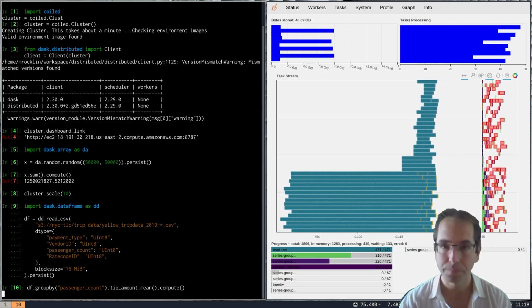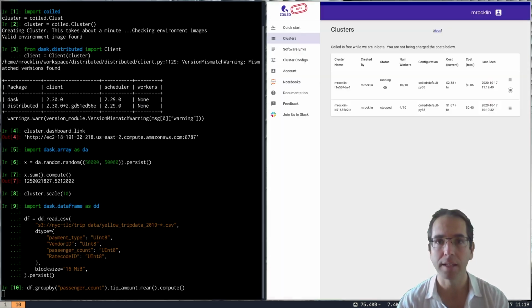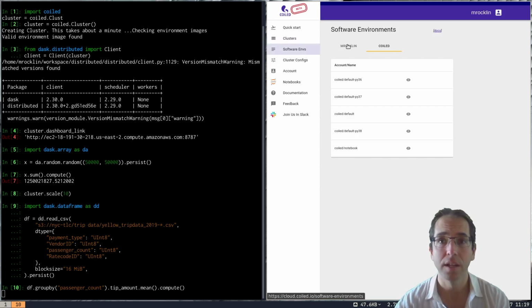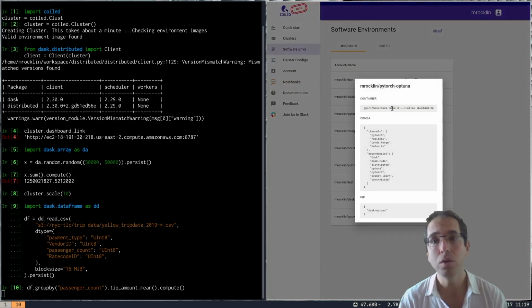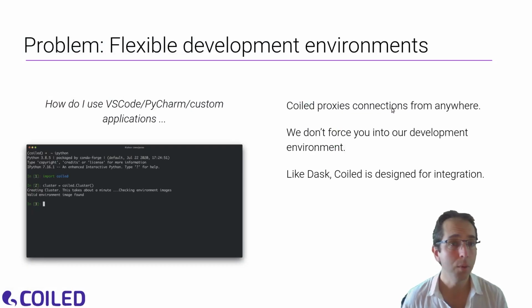So again, the first additional step: software management. And if we go in and look at Coiled, we can see that I actually have a lot of software environments that I manage, right? That I've been using in my experiments, and I can use and deploy those as I want in the future. So moving on,